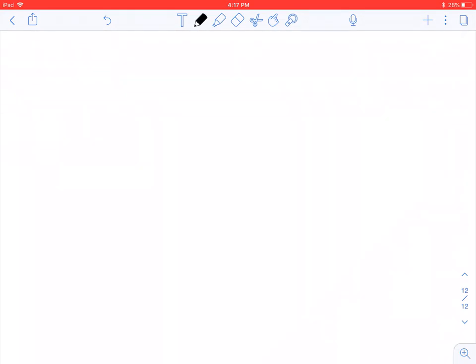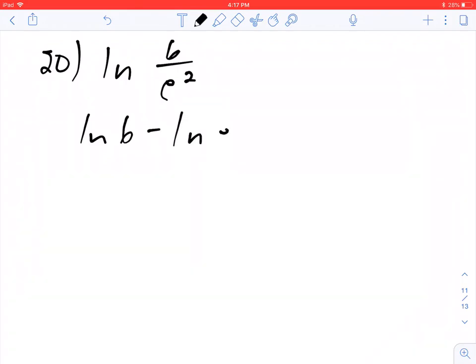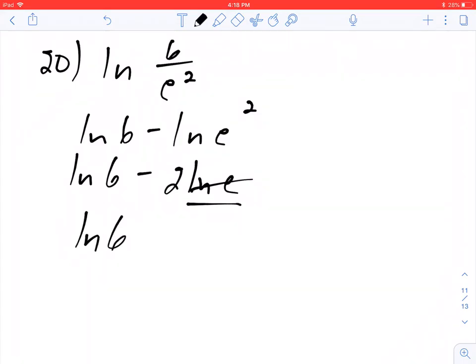All right, number 20. So for number 20, it's the same as the last ones. You have natural log of 6 over e to the second. That can be broken up using the quotient property. Then we're going to use the power property to bring the 2 down. And then you can see we have natural log of e, which is the same as log with the bases matching what's being logged. So this cancels out, turns into 1, and we're just left with natural log of 6